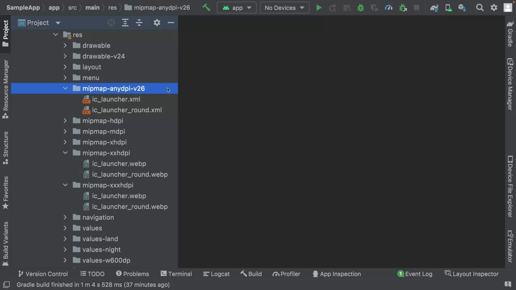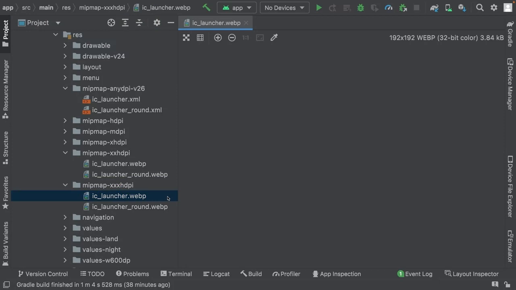In order to maintain image quality when running on the Nexus 6 device, the app is going to select the image asset from the Mipmap-XXXHDPI folder instead of the other folders. This is because it contains image assets of higher density and will work better on a device with a very high resolution. So, with Mipmap, when you run your app, the selection of images is strictly based on the density